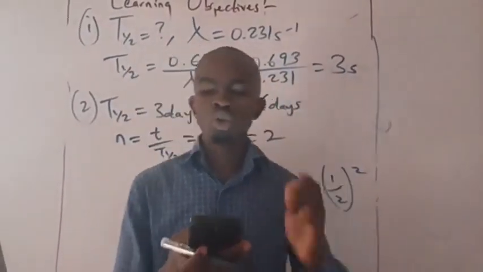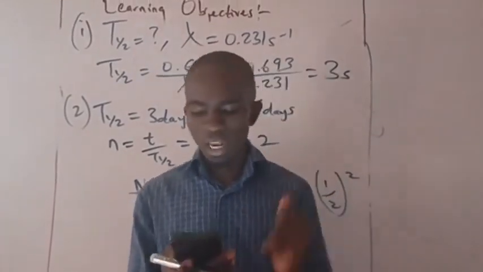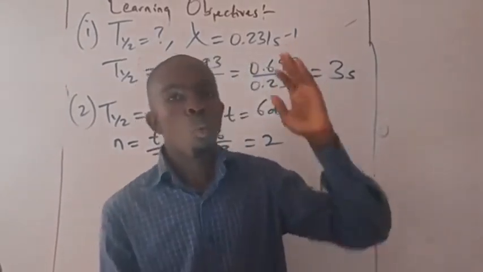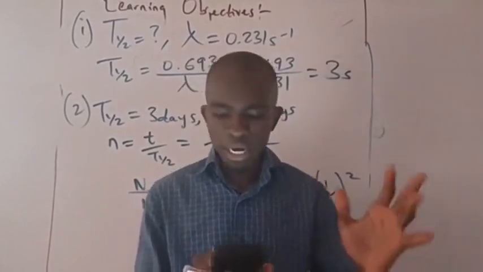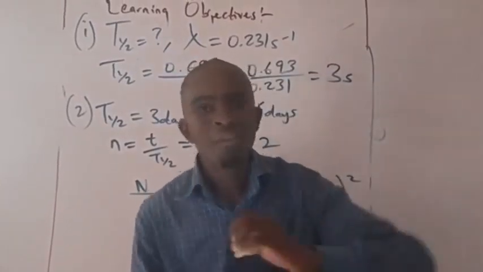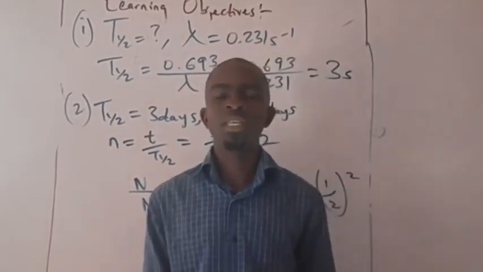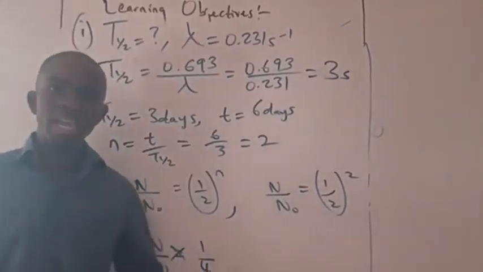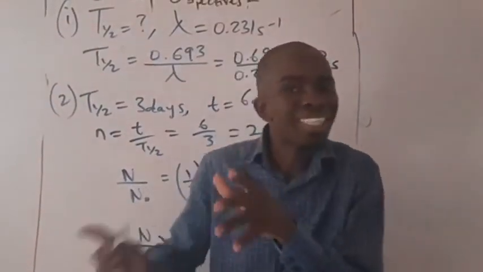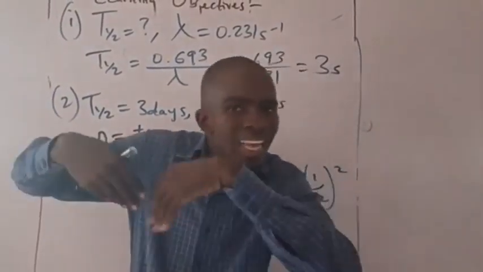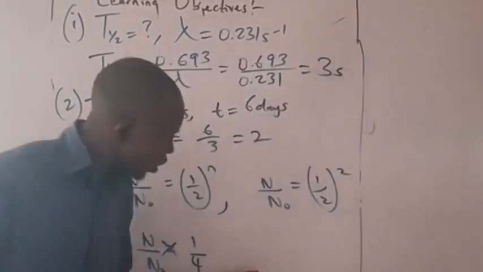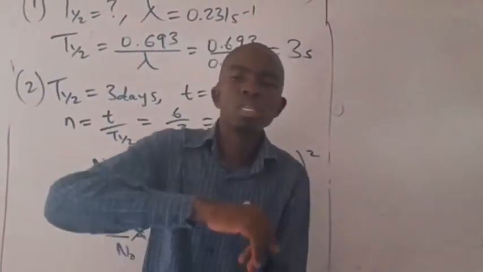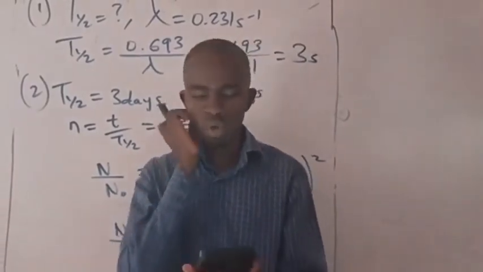The third question goes thus. A radioactive element has half-life of 12 days. What fraction of its original life will have decayed after 48 days? Unlike the second question, which says left behind, this third question says the one that has decayed. Decay means the one that has gone, but the other one is the one that is still remaining. So the two questions are somehow similar, but they are somehow different. So let us read the question once again.